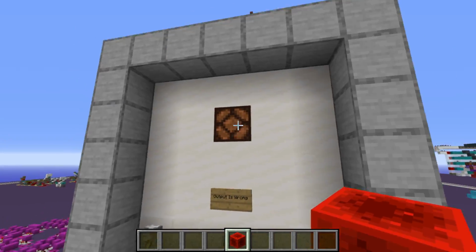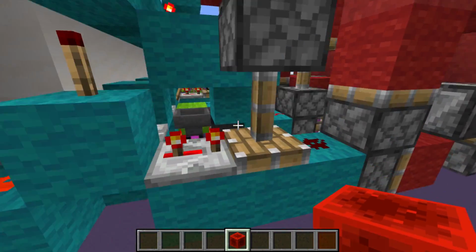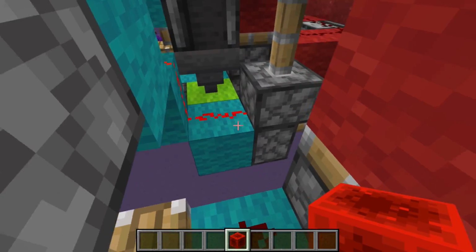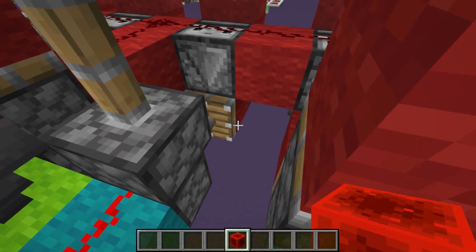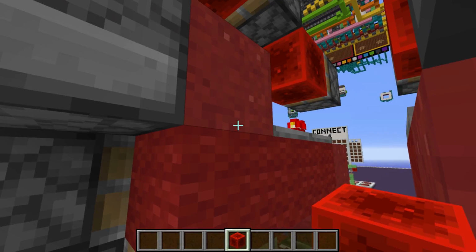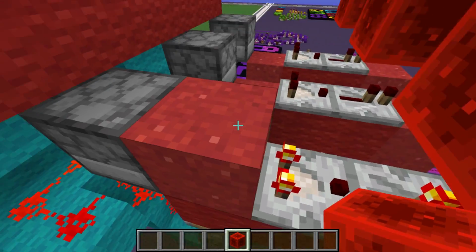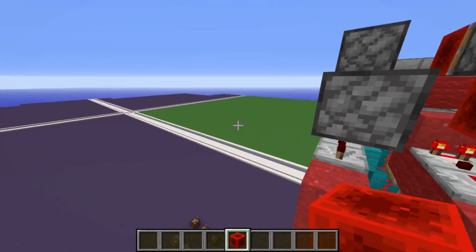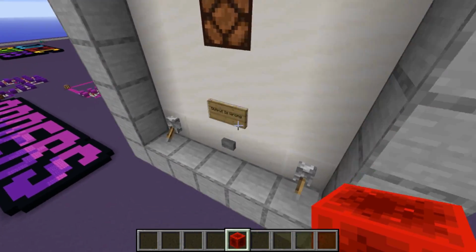So let's use our AND gate for our example. So we have this on-on output turned on. This piston pushes this block in front of the observer, and this piston pushes the block in front of this furnace, powering this comparator. So when we push this button over here,